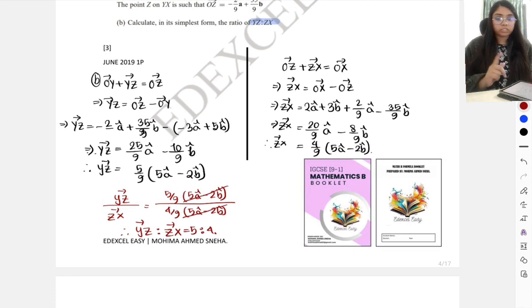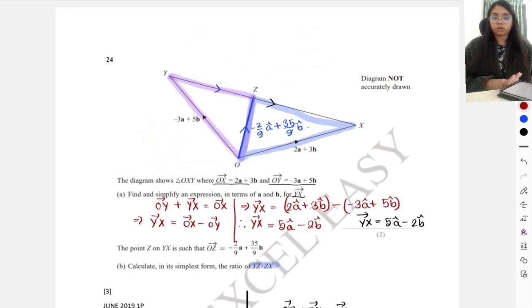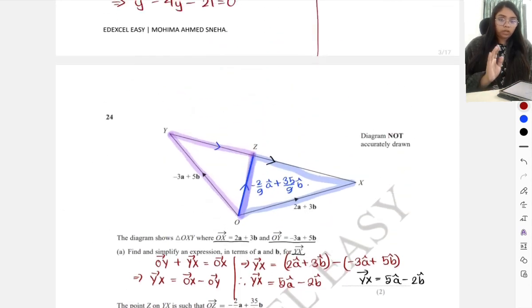Whenever they talk about whether these two lines are parallel to each other, or if these two lines would create a straight line, or if they are collinear in a straight line, or even if they want to find out the ratios, this is how you do the work. I will give the list over here of what kind of wordings you are supposed to use this kind of working for. First one is if they consider whether these two lines are parallel or not. So parallel lines,